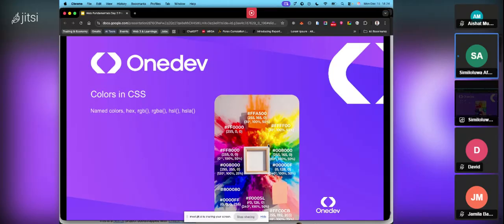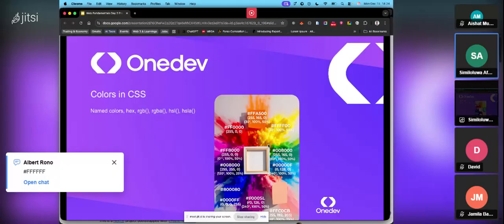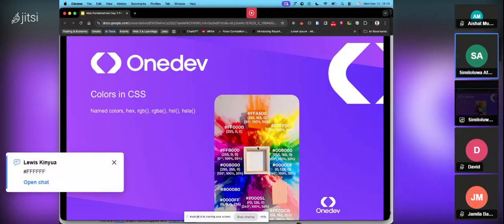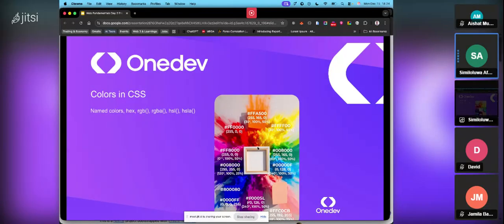How about color white? Anyone? Great. Thank you so much, Albert. So I see some of us here know about colors. However, we may not be able to know explicitly what violet is or what indigo is, that's fine. But the main essence of this is to actually tell us that